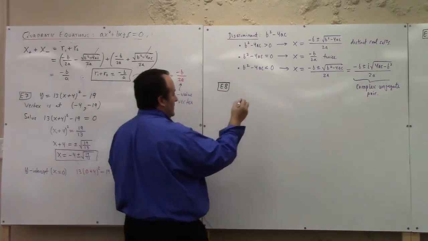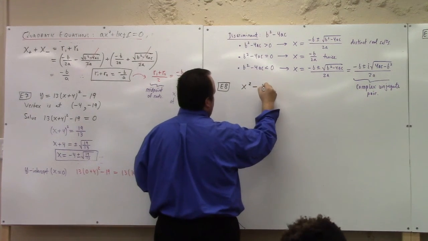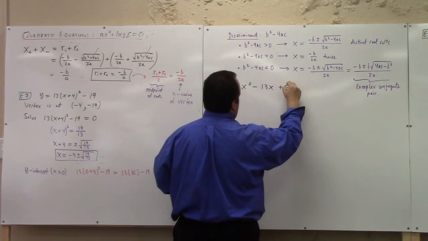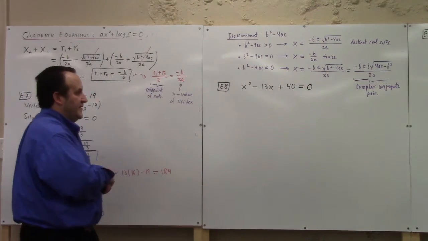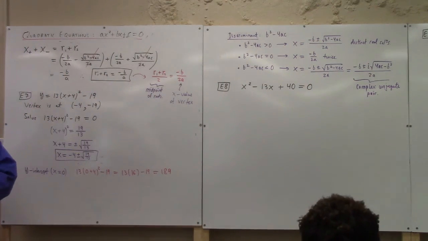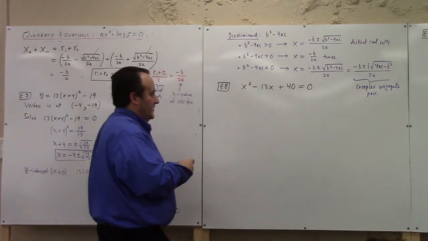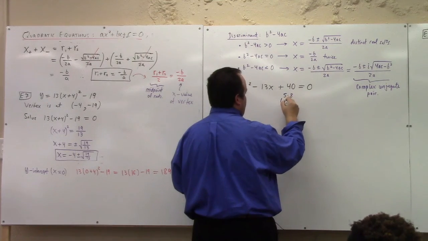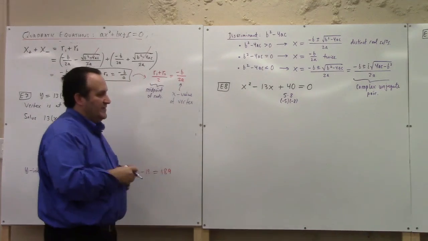Example 8. Let's see here. Suppose we've got x squared minus 13x plus, let's say, 40 equals 0. How should we solve this problem? So let me go back to day 1. Let's look at the factors. Well, look at that. 40 is what? It's 5 times 8, right? But it's also minus 5 times minus 8. I mean, it's various other things too. But once I see 5